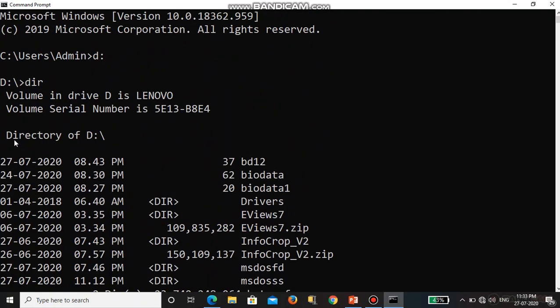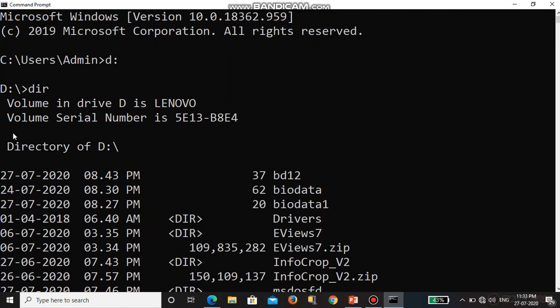Listen here. I want to hide a file in D drive. First I was in C drive, so I want to go to D drive. Use D colon. In the D drive I want to see the folder and file names, so I used the command dir.